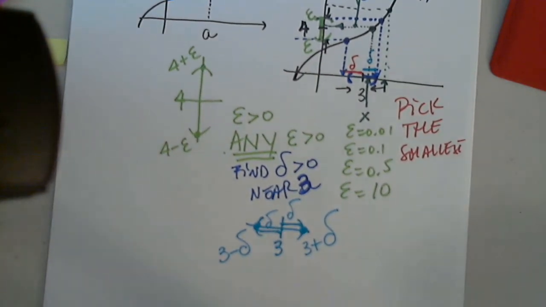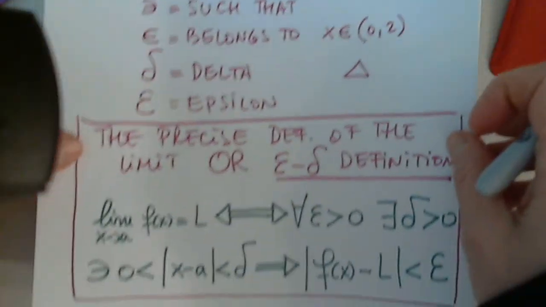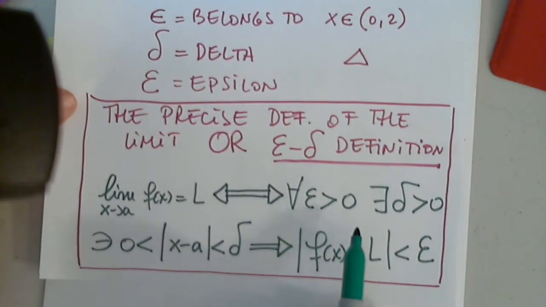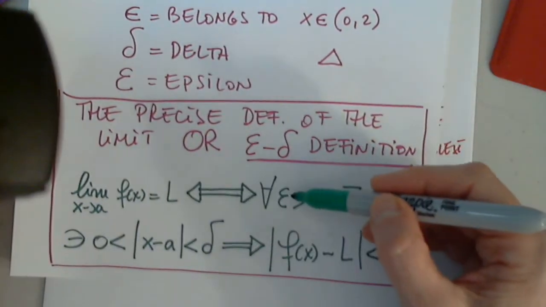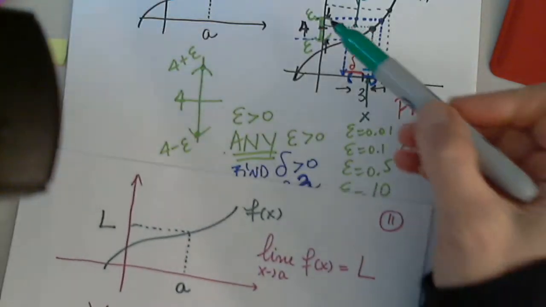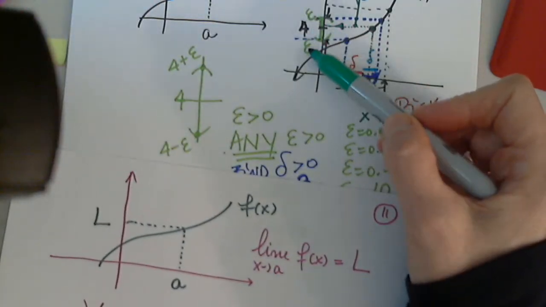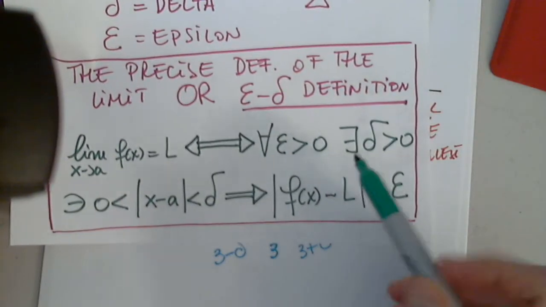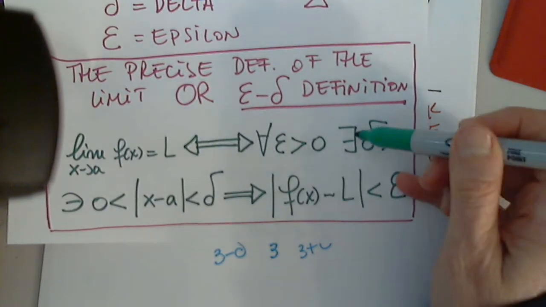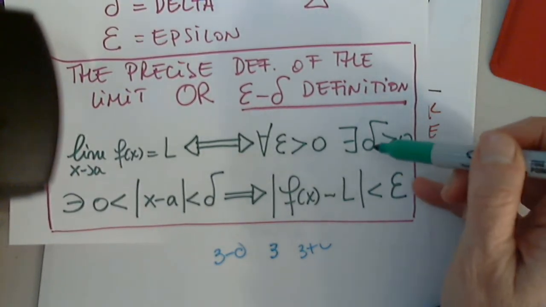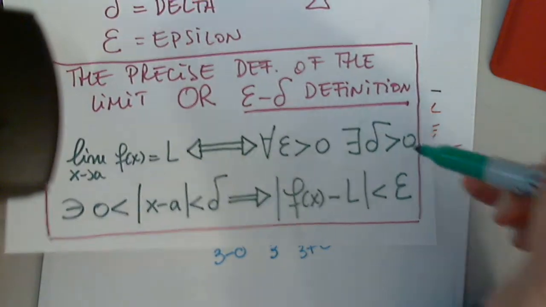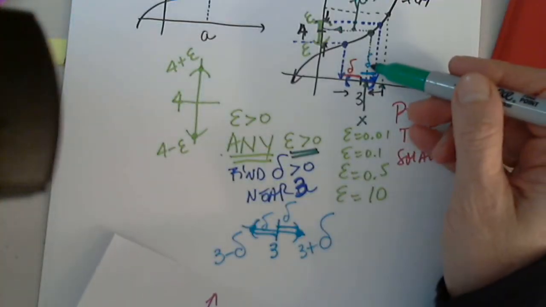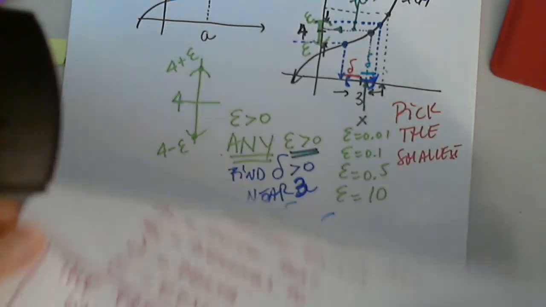So now, here is what we wrote last time. We will write it again today. For every epsilon positive, for any epsilon positive, I will be able to determine that there exists a delta positive such that,